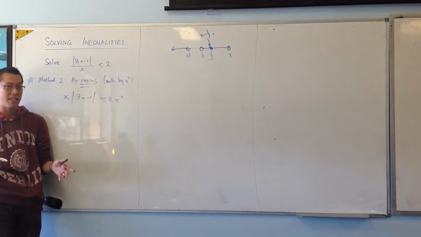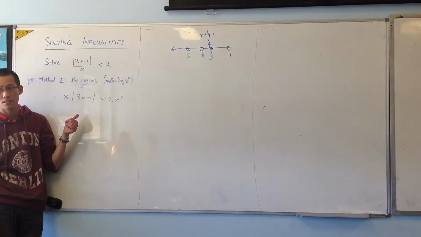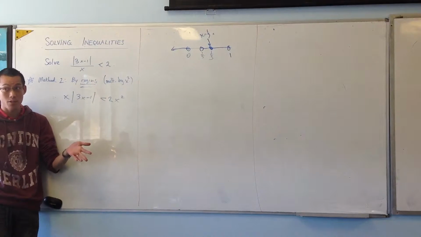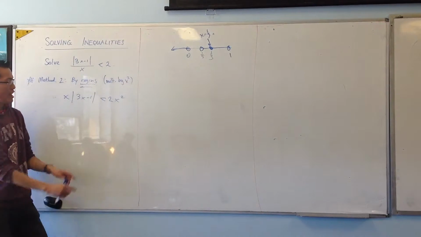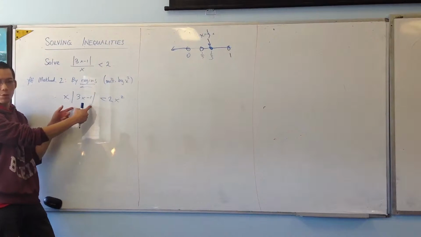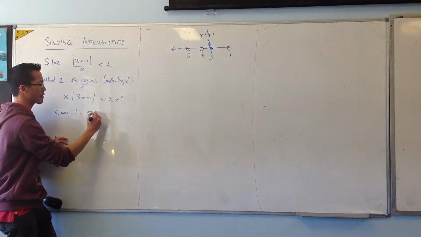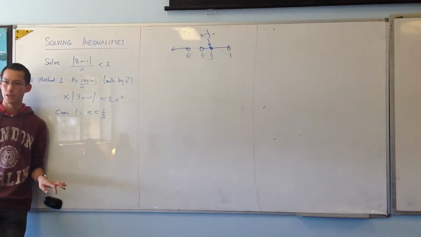Now, here's why multiplying by x squared is both better and worse. It's better because now I don't have to worry about the direction of my inequality. But it's worse because now I've got to solve a quadratic. But it's not that bad a quadratic. So in order to actually expand this out, I have to introduce cases, because it's like, well, what kind of absolute value do I have? So, case 1. If x is less than a third,